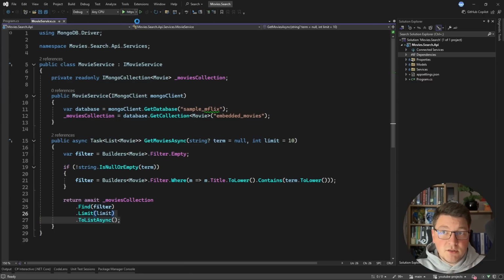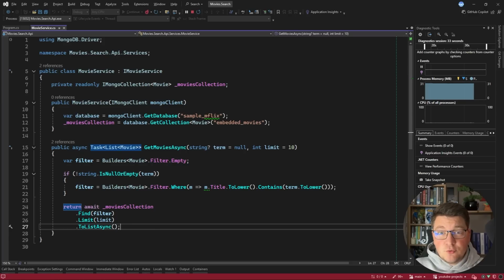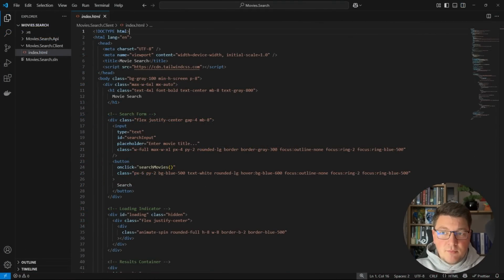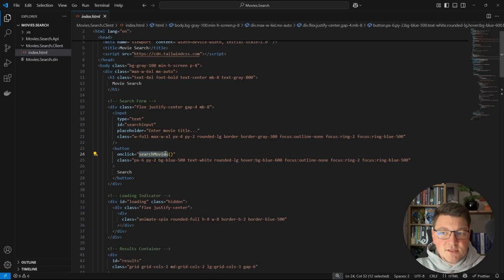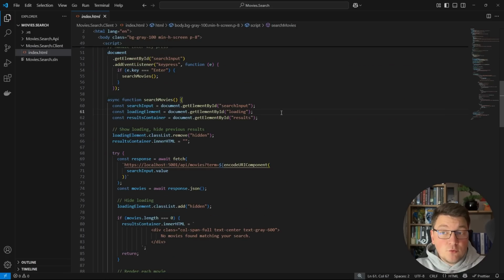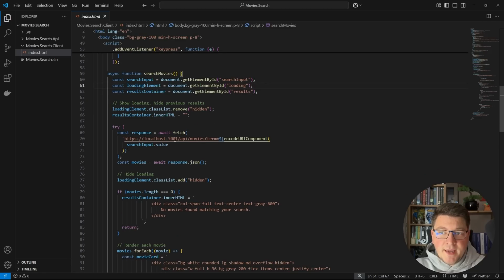Now let's actually start the application, and then let me show you the client application. It's just a simple HTML file that's using Tailwind CSS for stylization and plain JavaScript for implementing the functionality. Now, the main functionality is inside of the search movies function, which is going to grab the search term that we input and is going to call our API running locally and pass the search term using the respective query parameter, and then it's going to load the results. I'm going to serve this using a local HTTP server,